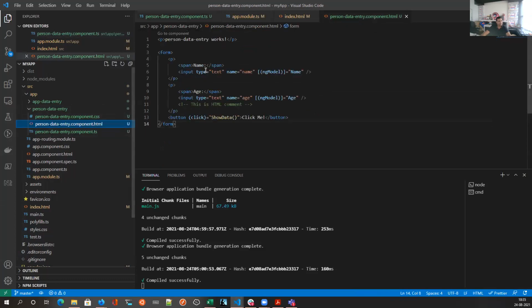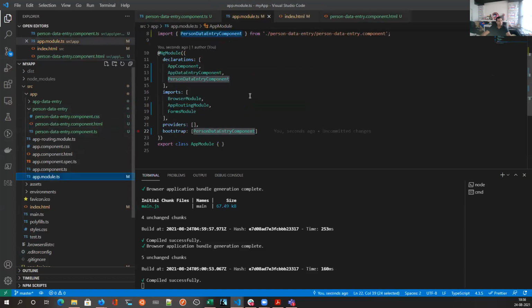Then we went into the HTML. We created a form element and all the required elements for data entry, name and age. And then we added a button on which is a click event, calling the show data function. Then we went into the app module.